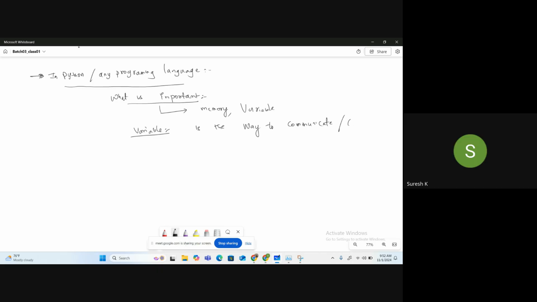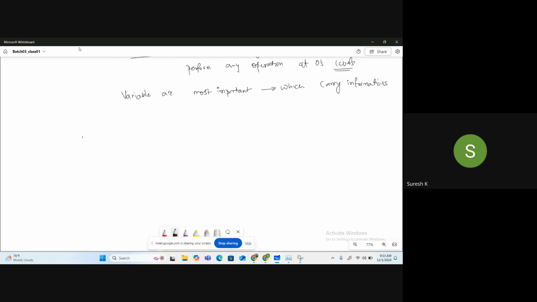Communicate and compute, or perform any operations at OS level. So variables are most important, which carry the information.